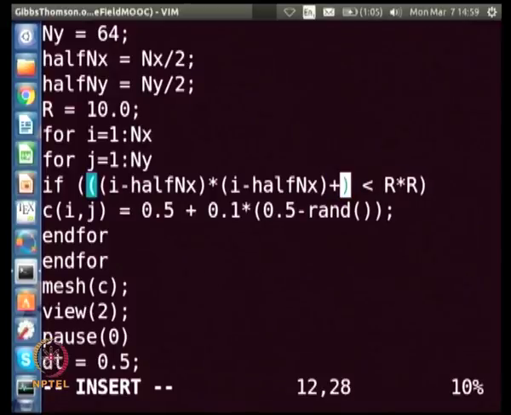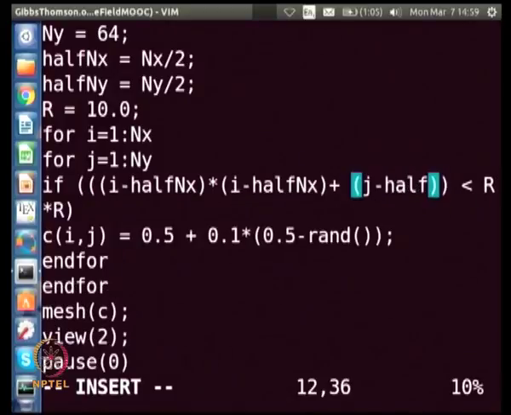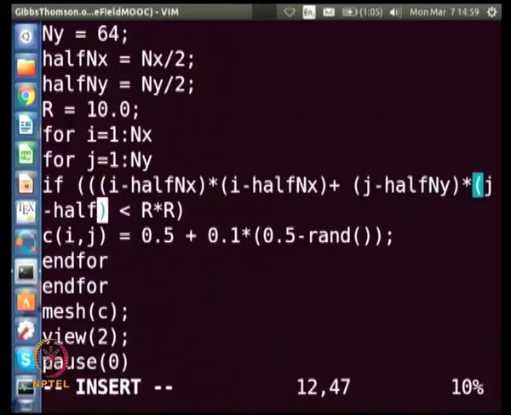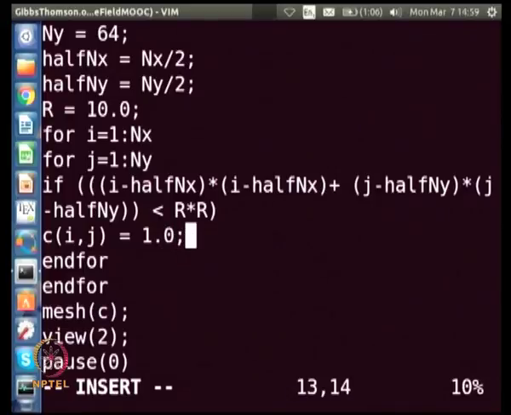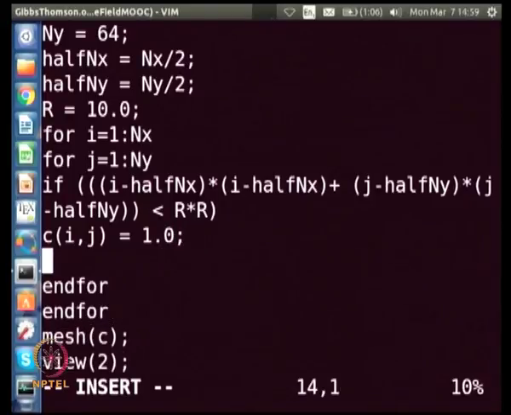So, plus j minus half n y into j minus half n y. So, if that is less than r squared, okay, then I am going to make the C i j to be 1.0, else C of i comma j is equal to 0.0, end for, end for.